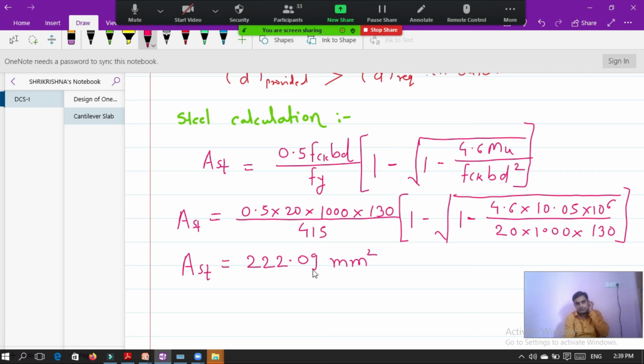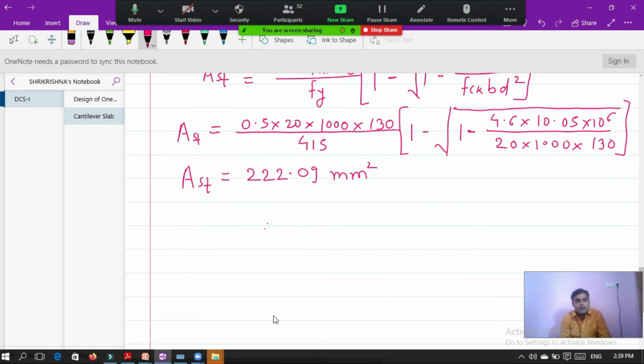Okay. So now once we got the area of steel, then we have to calculate number of bars. We have already assumed 10 bar diameter. So the next step is calculate the number of bars. The number of bars is equal to total area divided by area of single bar.